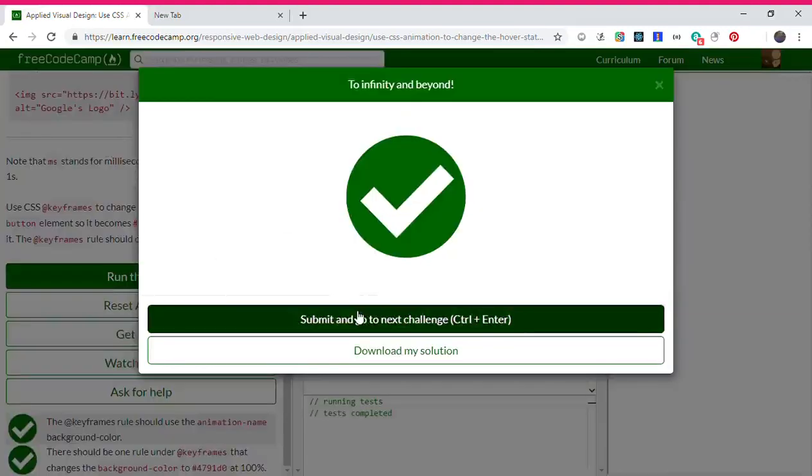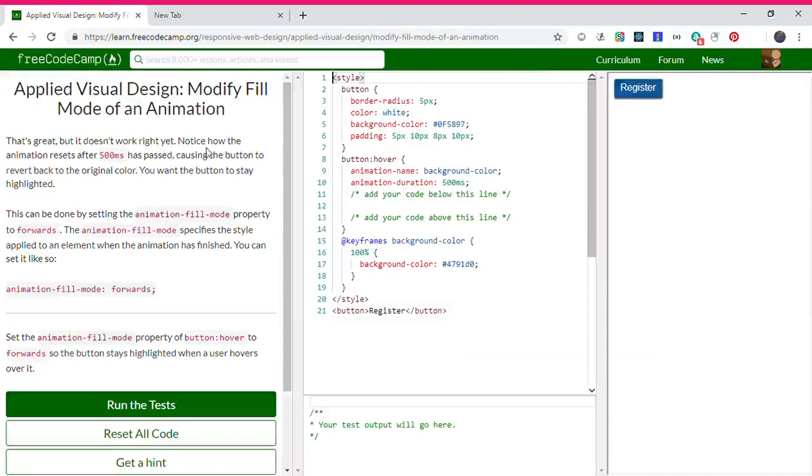It works on the rest of the browsers, but they have different compilers here. Modify the fill mode of an animation: animation-fill-mode forwards. So it means which way you want to run your animation. You want it to move forward, backward, loop. So they just wanted to set the animation fill mode property of the button hover to forwards so that